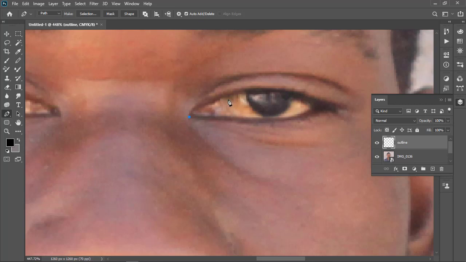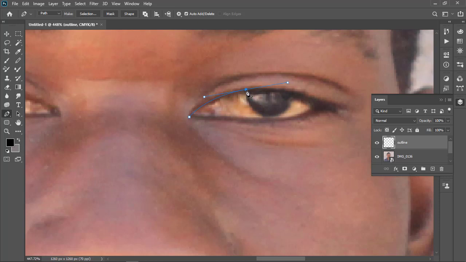You make a point, then you go to the next point. After making the next point, don't release your mouse, keep holding it on the left. Once you are still holding it, then you drag up or down, left or right, until you get a proper drawing. After you are done, then you release it, then you move your pen tool here to this anchor.